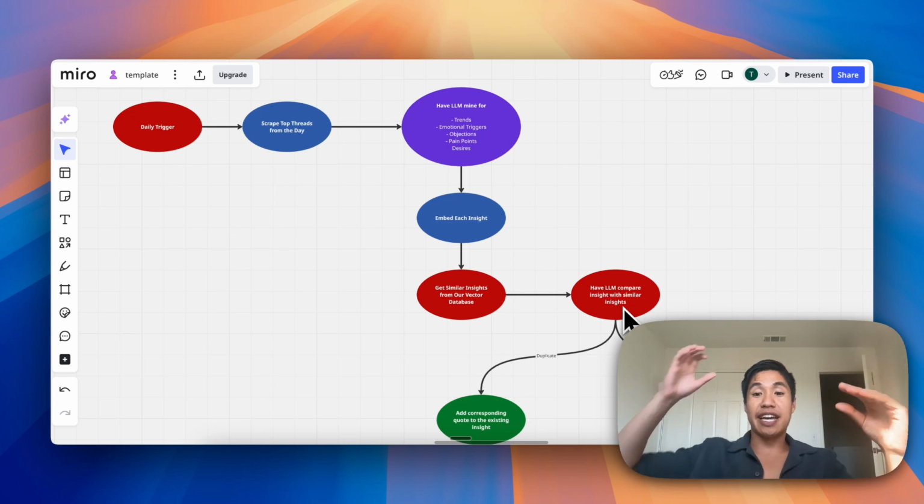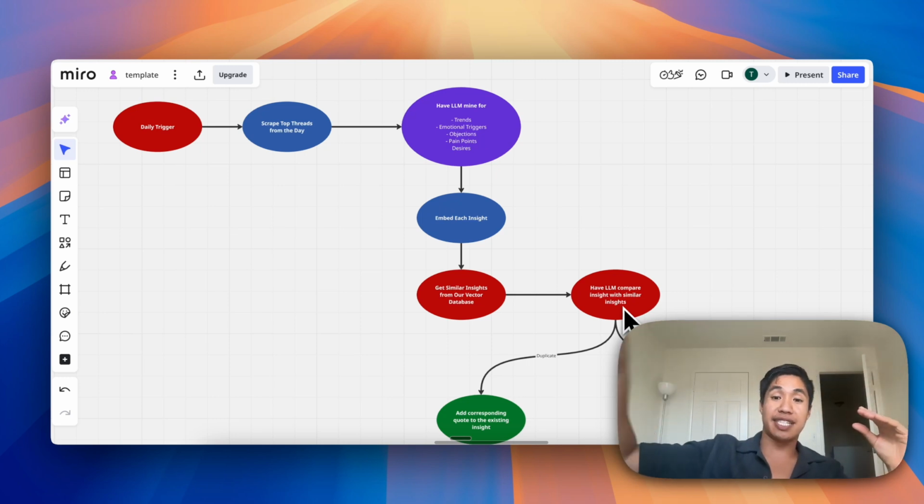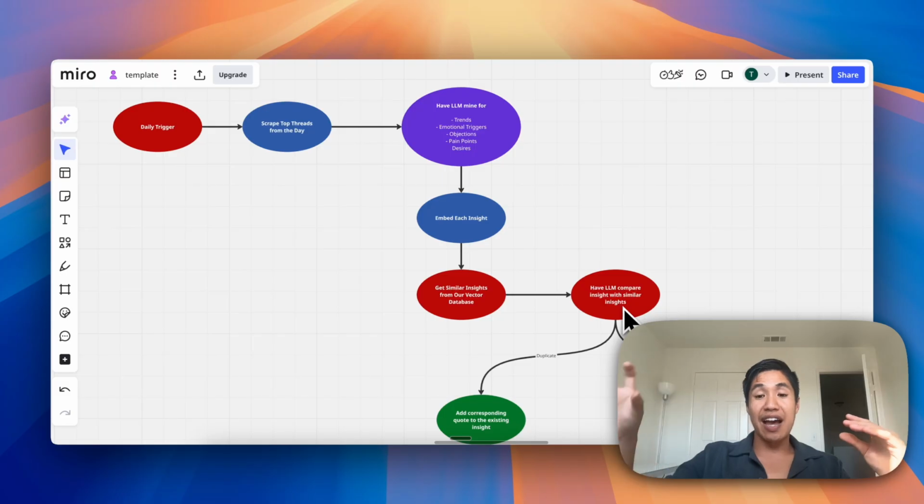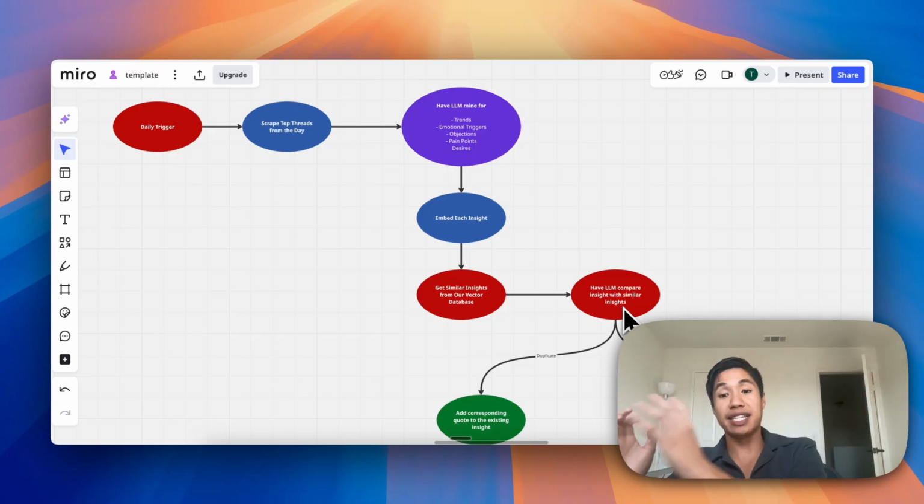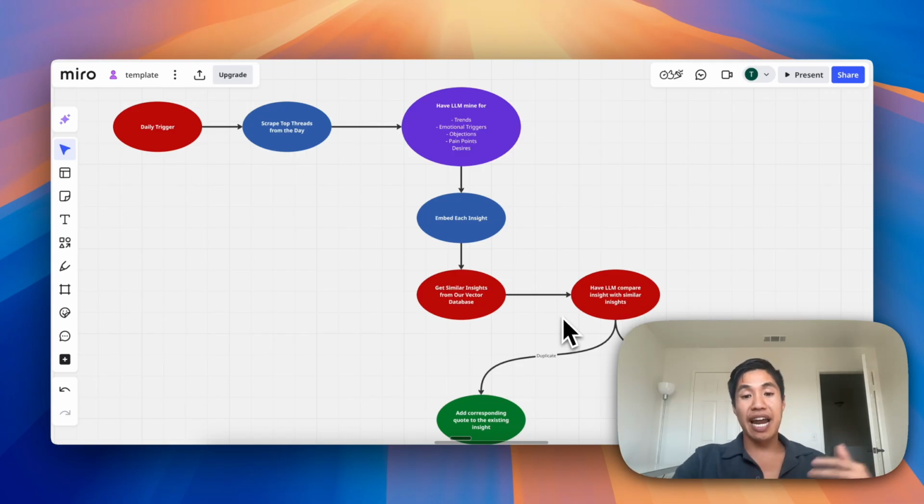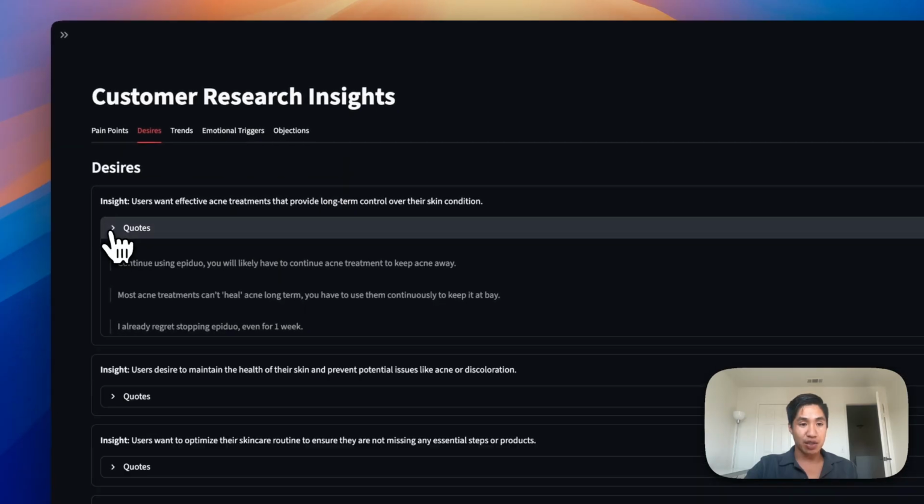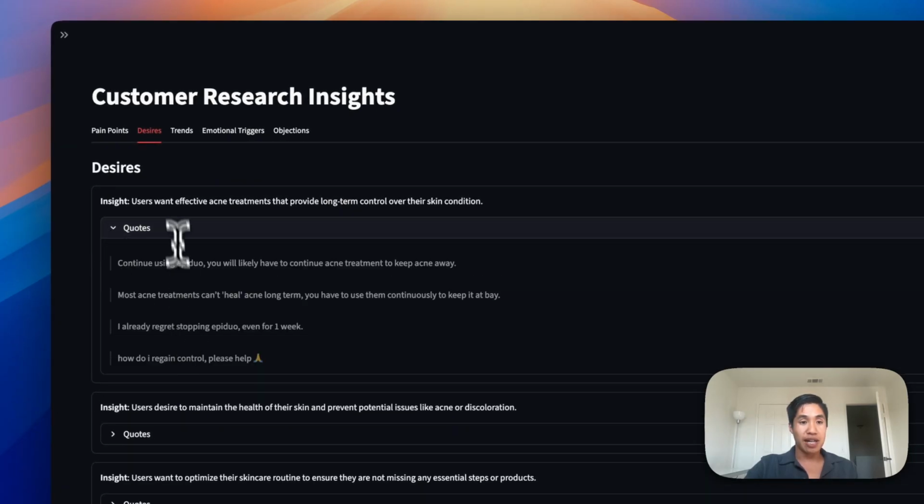From these 8 new insights, let's start at number 1. For this first insight, here's the top 10 most similar insights that already exist in our database. We're going to have ChatGPT or Claude compare them and say, hey, does this insight already exist in our database? If it's a duplicate, we're just going to add the corresponding quote to the existing insight. So what I mean by that is, notice how each insight has its quotes. Let's say we find